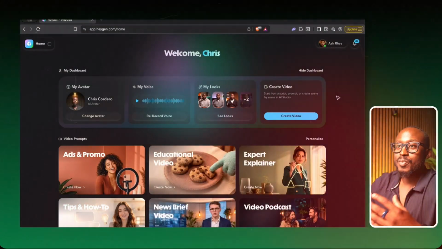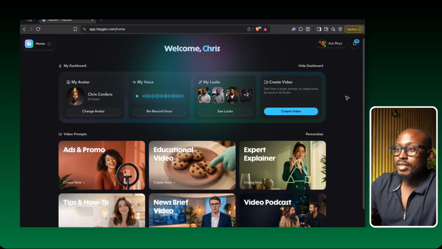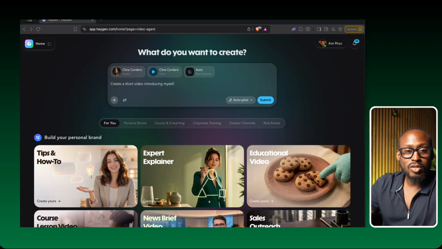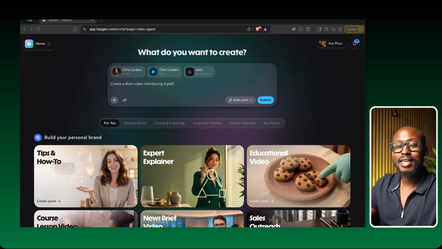So now you got it open, let's talk about what you're actually looking at. Because the thing that surprised me most about this tool is how little there is to it. So here we are on the HeyGen website, and simply just go to create video, and this big box right here is what we will be working with. The way it works is you type what you want your video to be about, and it goes and builds videos for you. Yes, it is that easy. It handles the script, the voiceover, the visuals, the captions, even the music.